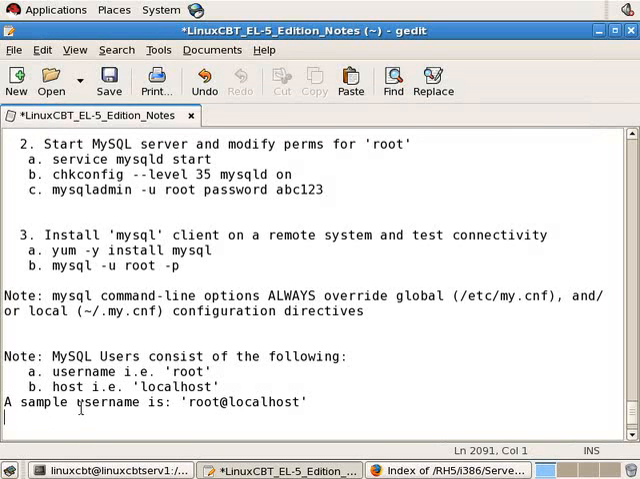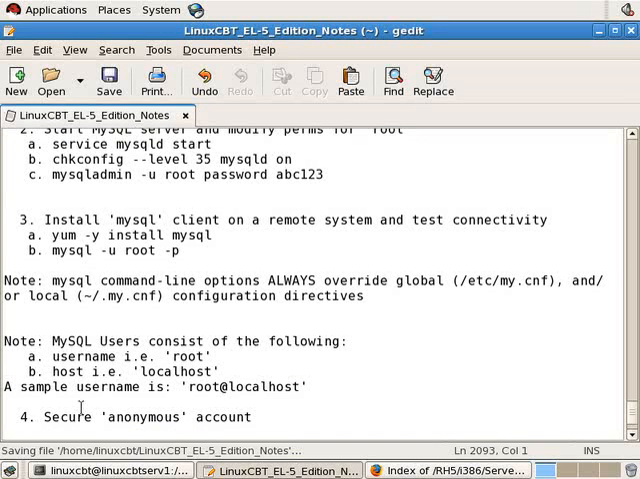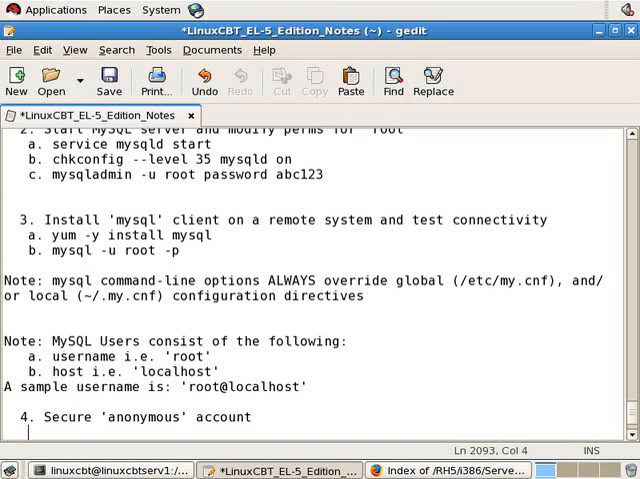Now let's move forward. We have a fourth task, and that is to secure the anonymous environment. So we'll secure the anonymous account. And really there are two ways to do so: either set a password for anonymous, if you'd like anonymous access to remain, or delete the anonymous account altogether. We suggest you delete the anonymous accounts using a standard SQL statement,